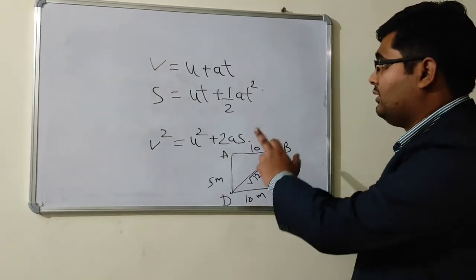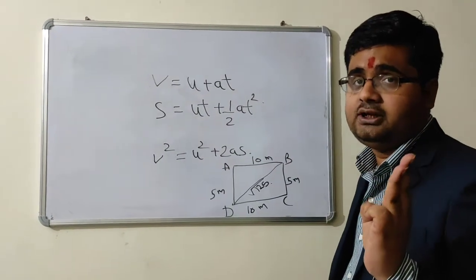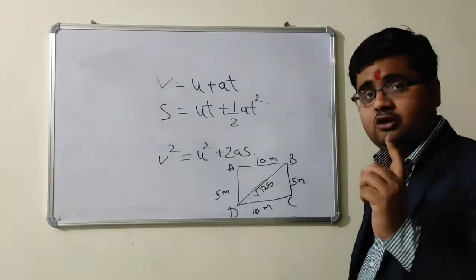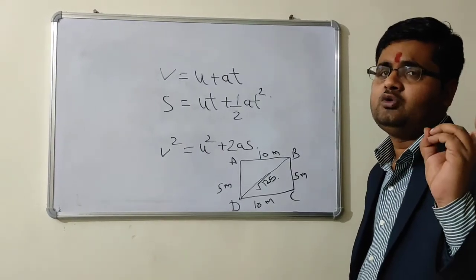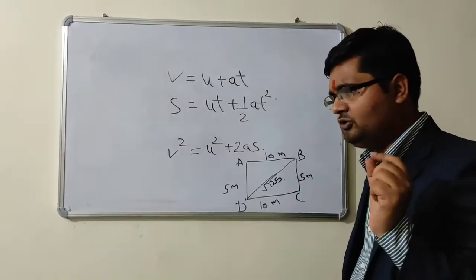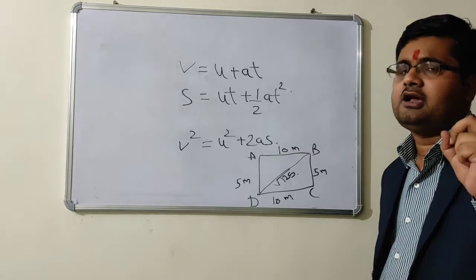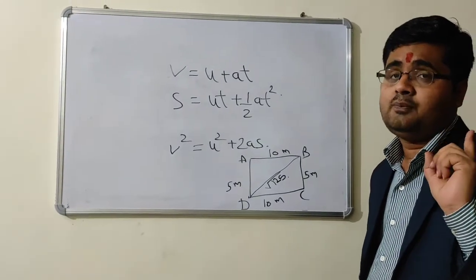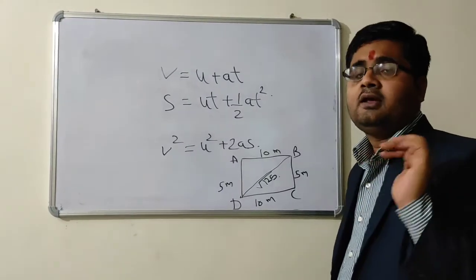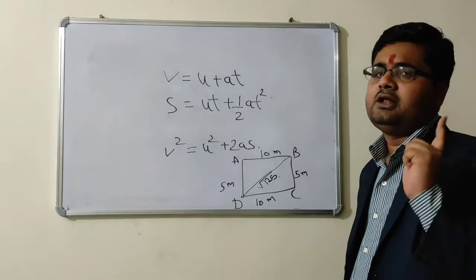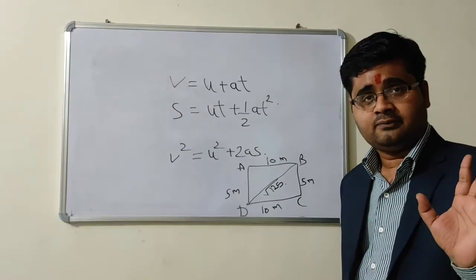Okay, so you should know these three expressions, and you should learn Newton's first law, second law, third law. The third law is very easy. To every action there is an equal and opposite reaction, but action on one body and reaction on another body. The action and reaction will not occur on the same body. If it is occurring on the same body, then Newton's third law of motion is not being followed.